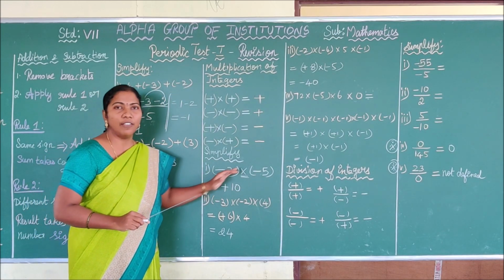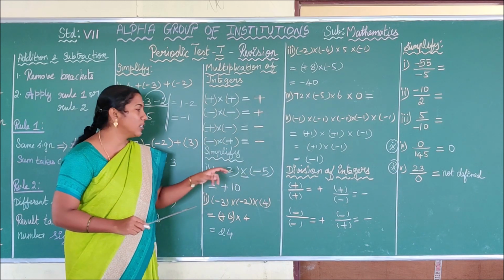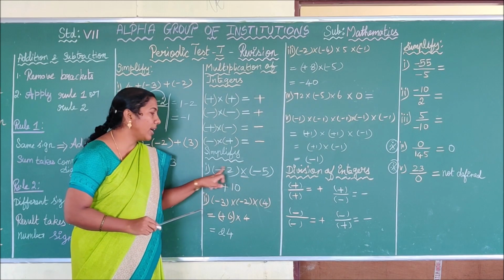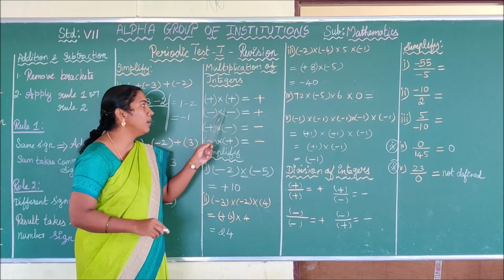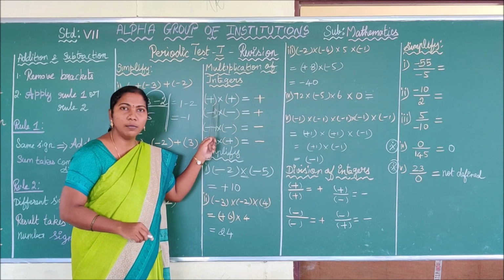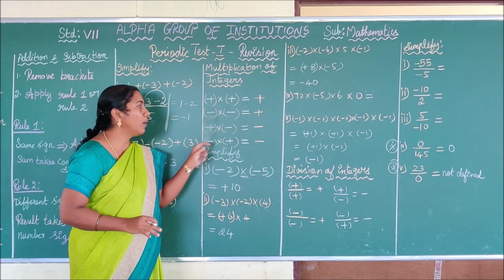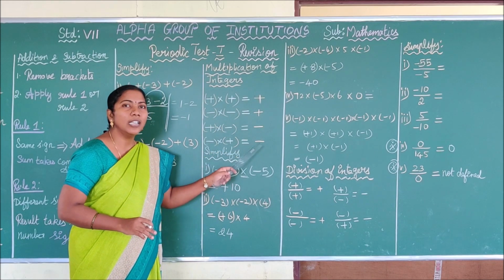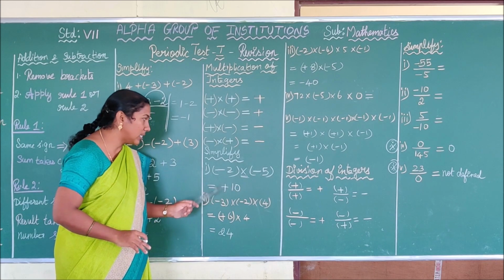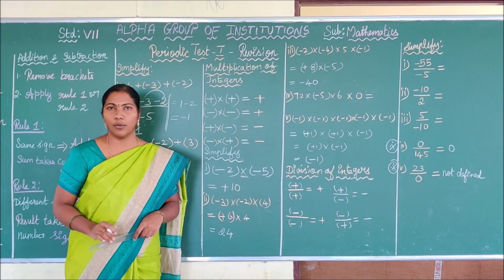Before multiplying the given two integers, first step you have to multiply the symbols. First multiply the symbol, minus; here also you have the minus. So minus into minus, what is your answer? Same symbol means plus, different symbol means minus. If you multiply the same symbol, your answer is positive. If you multiply different symbols, your answer is negative. See here, same symbol, so minus into minus, plus. Next you have to multiply the values. 2 into 5, your answer is 10. Okay, is it clear, children?